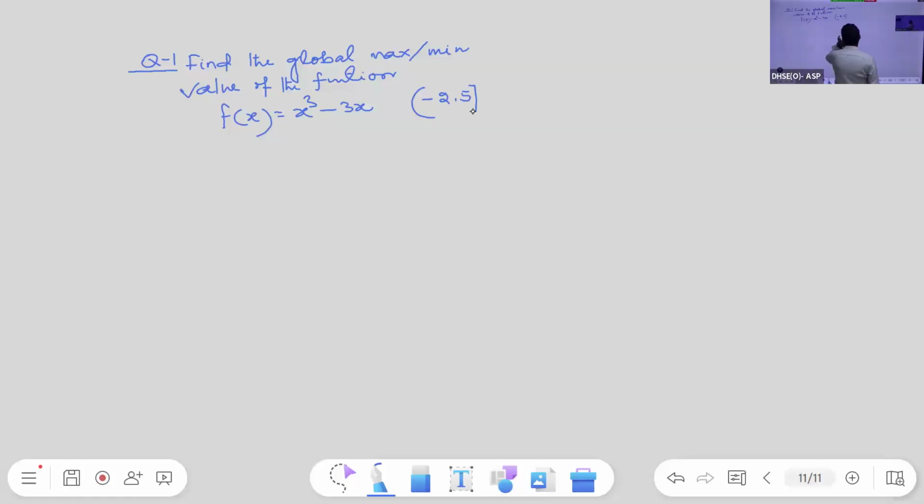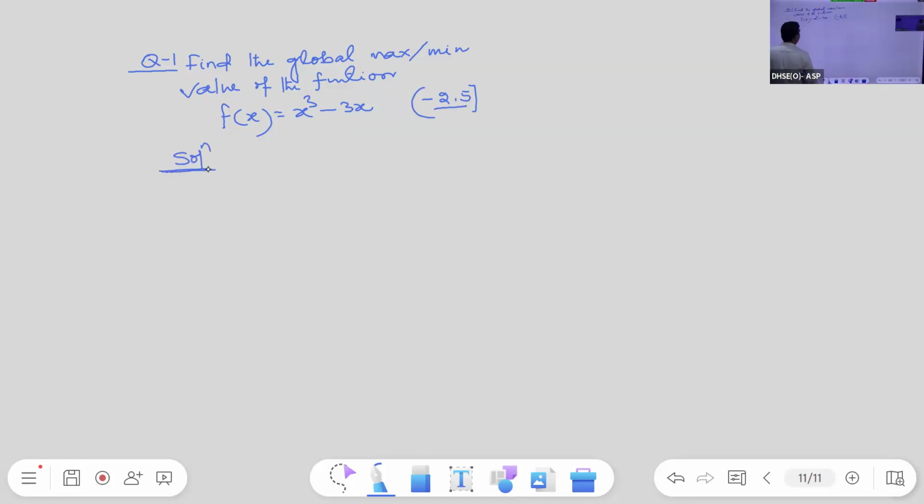Find the global max or min value of the function f of x equals x cube minus 3x in the interval -2 to 5. Find the global maximum or minimum value of the function f of x is equal to x cube minus 3x in the interval -2 to 5. Okay. So